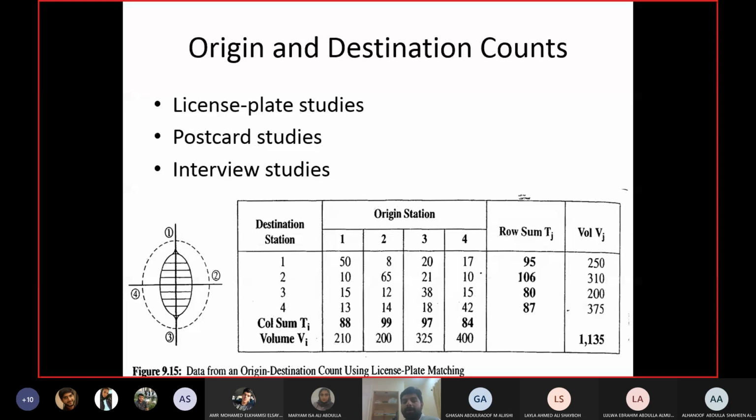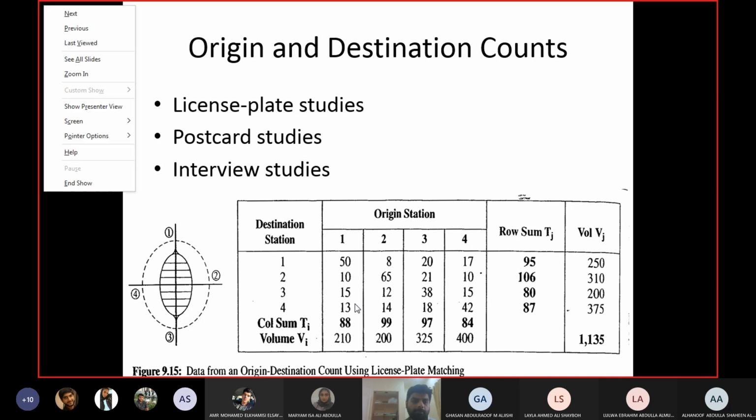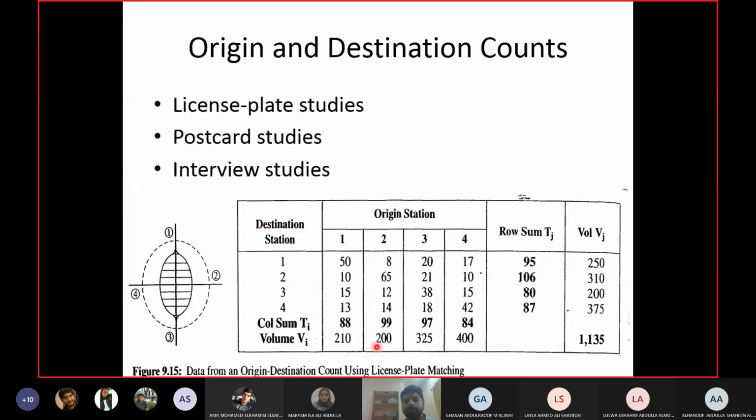Now you may say, then why did you do the origin destination study if you had to take the volume? This volume cannot tell me from which area the person was coming, right? Okay, I observed 210 vehicles going or coming out of area 1. If you see, the count is given. This 210 is the volume which is taken in the field, and this volume is written in the origin column of area 1. So that means 210 people came out of area 1.